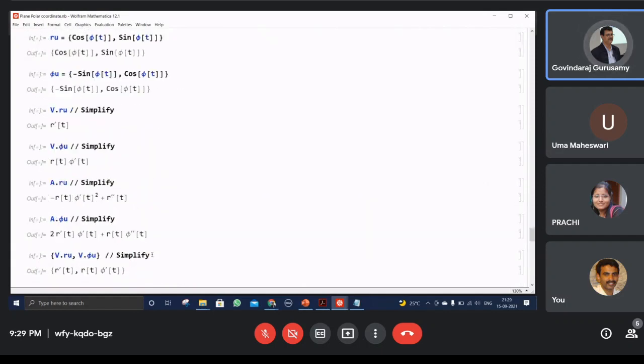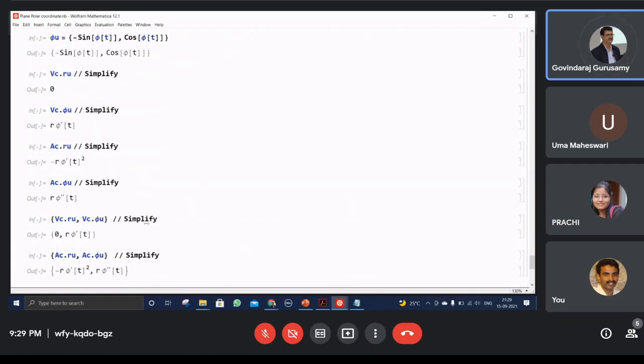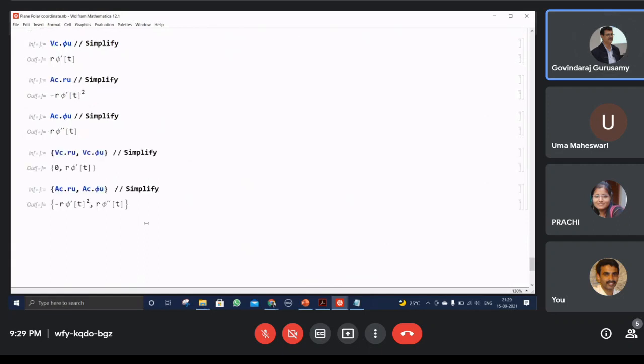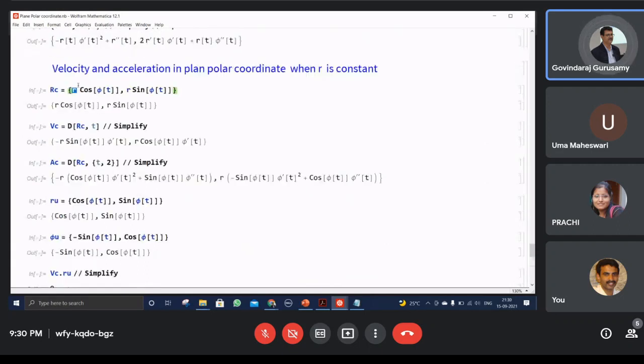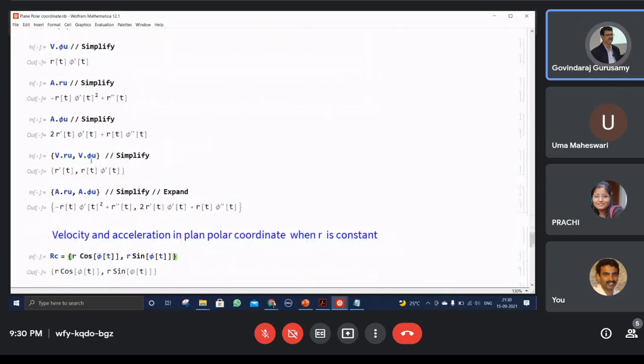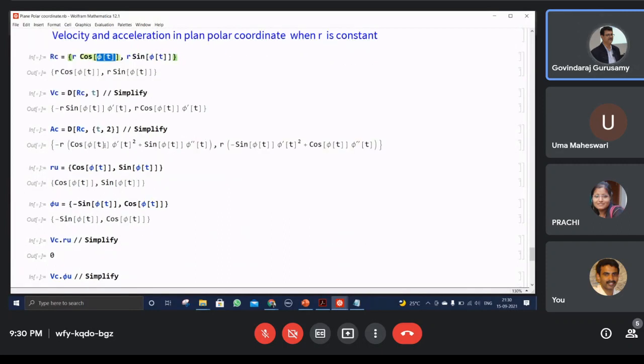Now suppose you make a circular motion with a fixed radius. You make r independent of t, because the magnitude of r is fixed. Only this is varying. And if I do that, the usual circular motion results will automatically follow. When r is fixed, it's independent of time. You understand what I'm saying? Here I have written r as a function of t, whereas here r is independent of t, but the phi dependence will take care of that,